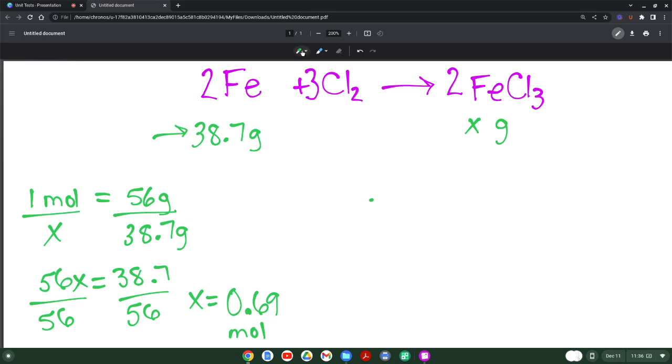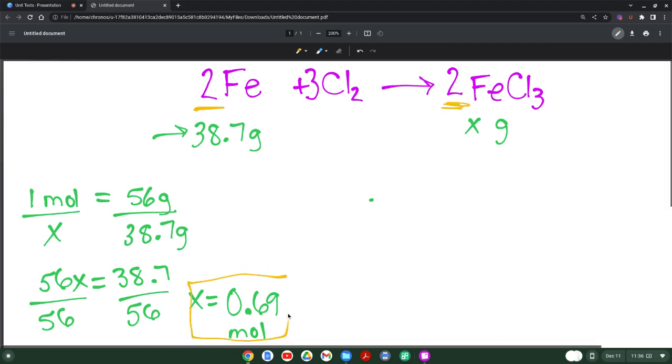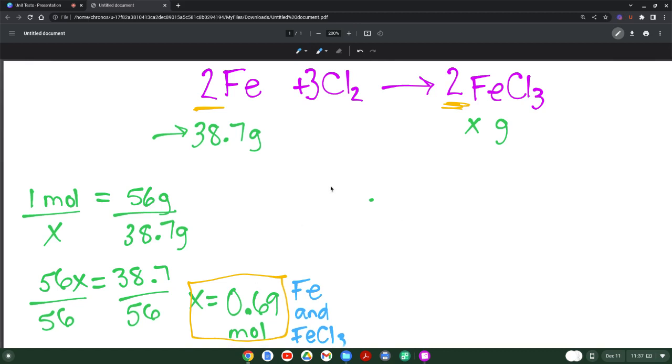The cool thing here is that these are working in a 2-to-2, meaning that whatever number of moles of the iron I'm working with, that's the same number of moles I'm going to get for the iron 3 chloride. No problems there. It's a 1-to-1. I love when that happens because it's really like skipping this step. We don't have to set up a ratio. And then finally, I have to turn this number of moles of iron 3 chloride into grams because that is what the question was asking